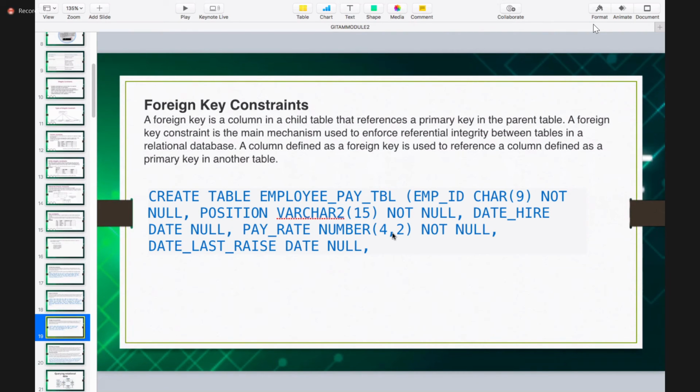Pay rate, number with this column width, so it is not null. Date last raise means till which date it was raised. It is again a date data type. So they have taken the data type as date and constraint as null. Okay?